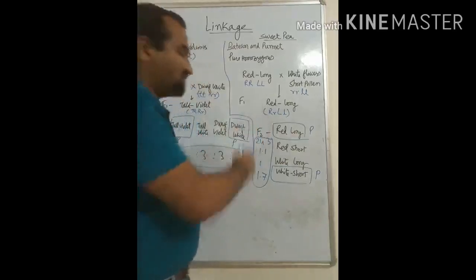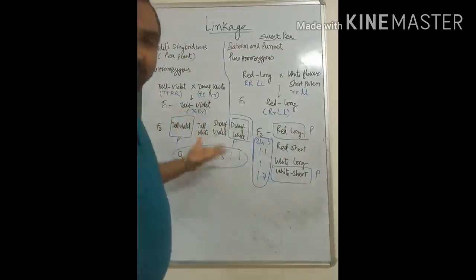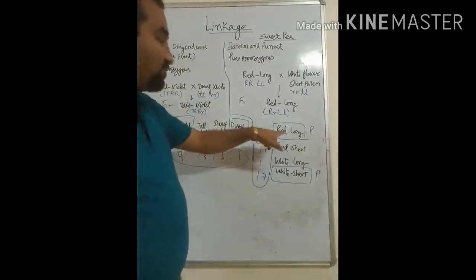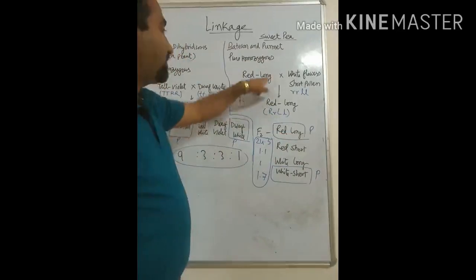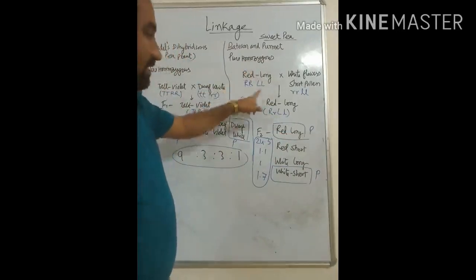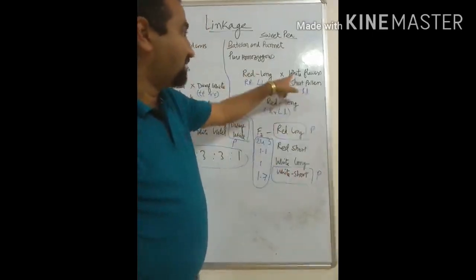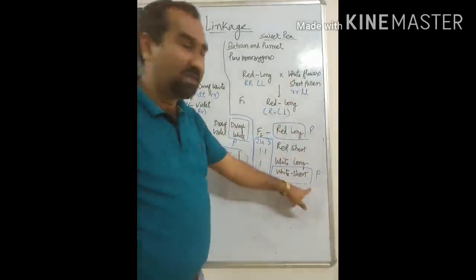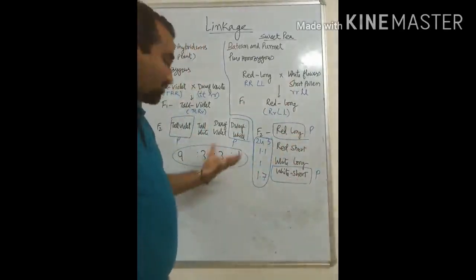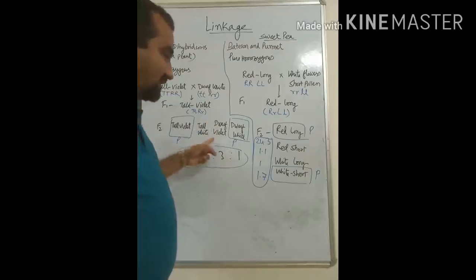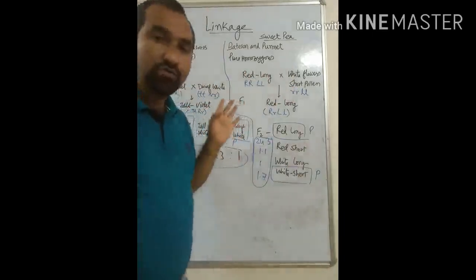So here in F2 generation, four phenotypes were produced, just like the four phenotypes in the dihybrid cross of Mendel in pea plant, and these 4 phenotypes were red plants having long pollen, which represents the phenotype of the first parent. Then white flowers and short pollen is also another parental combination, but the 2 more combinations, just like in pea plants observed by Mendel, tall white and dwarf violet, similarly, red, short and white, long. So these are the new combinations.